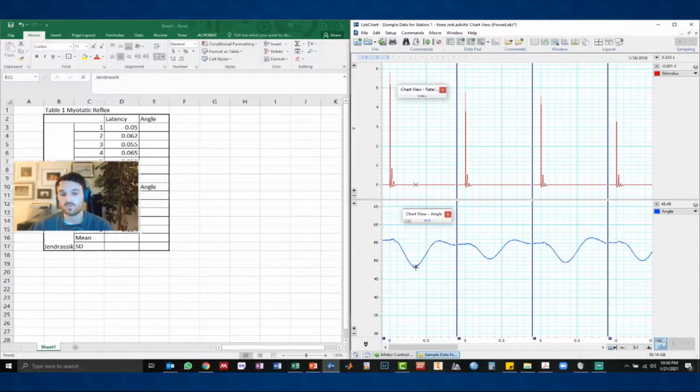So if we can flip this goniometer around, we would have an increasing angle. They had it flipped a certain way, so it's a decreasing angle. We really just care about the total amplitude, the absolute amplitude of the response. So instead of writing down 55.8 and 48.5, what we can do is use this marker down here, this M. If we drag that M up, it gives us a point of reference, and now you can see over here,